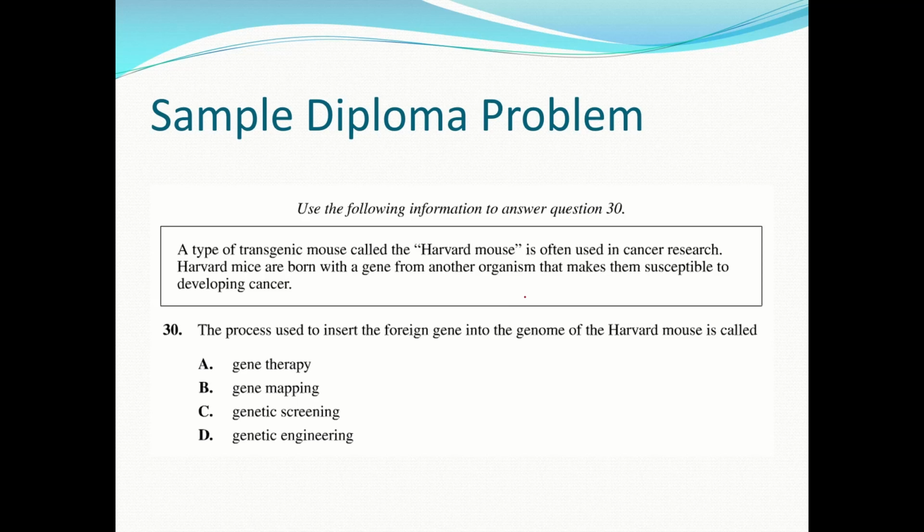Okay, a type of transgenic mouse called the Harvard mouse is used in cancer research. Harvard mice are born with a gene from another organism that makes them susceptible to developing cancer. So that would be genetic engineering. They altered the DNA of the mice to make them get cancer so they can test things on it,